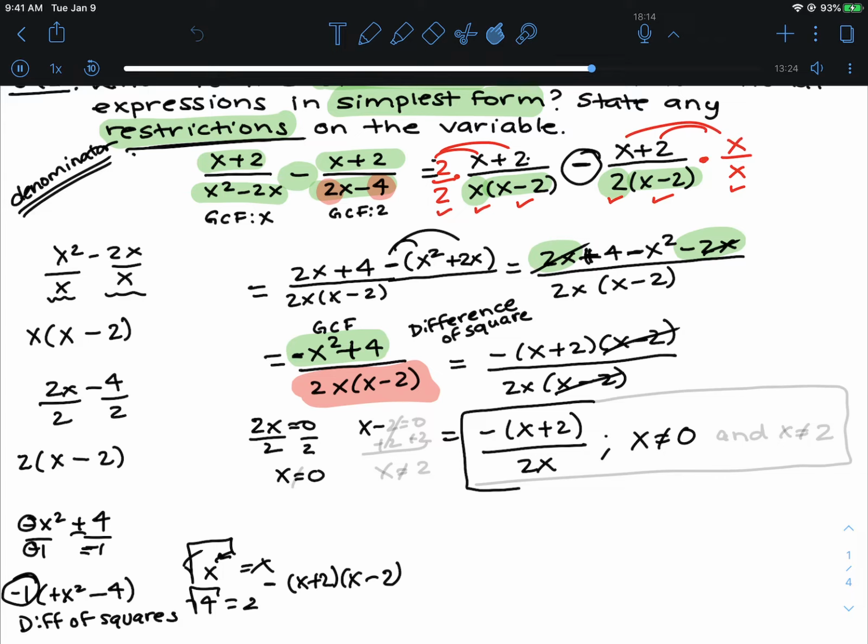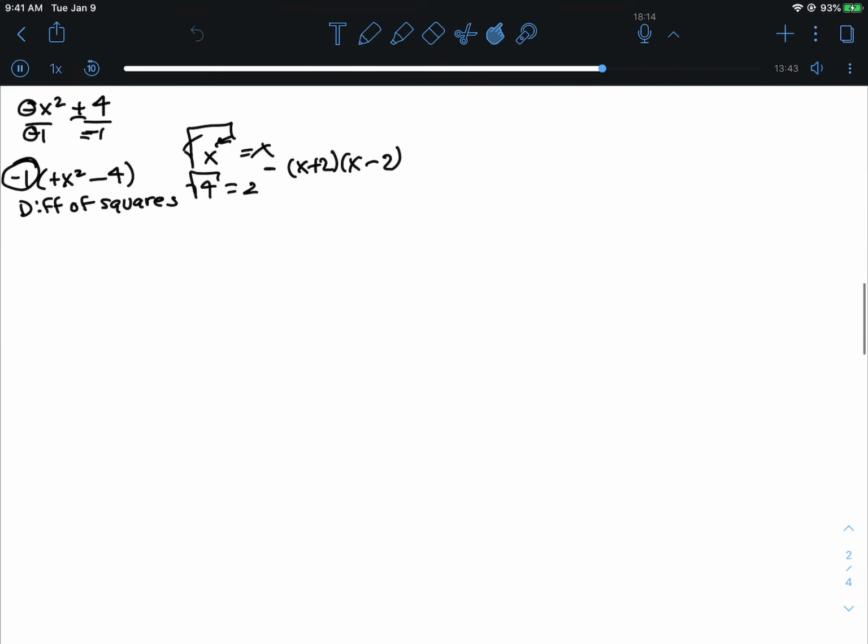And then you get x minus 2 equal to 0. So that means x cannot equal 2. Okay, and now that right there is your final answer. Okay, so now we're going to go ahead and look at example number 3, where we are going to